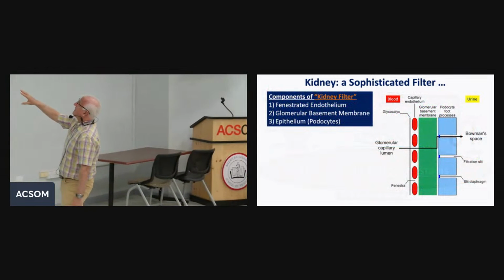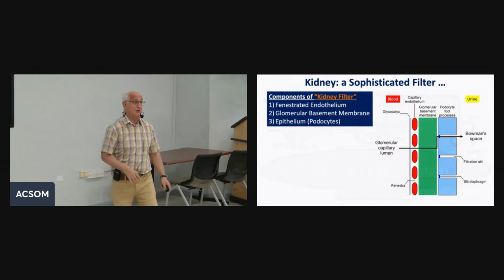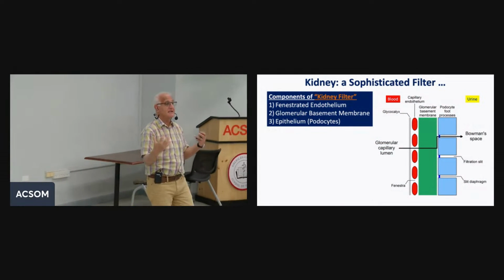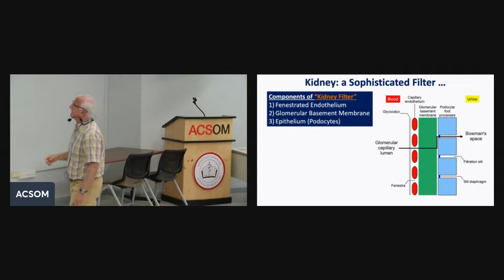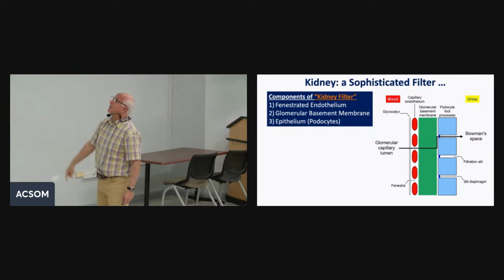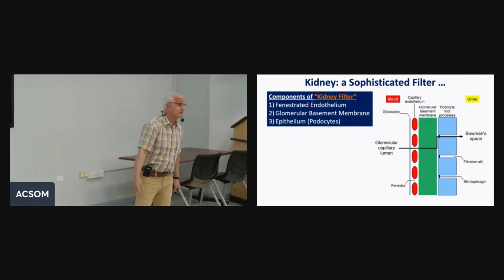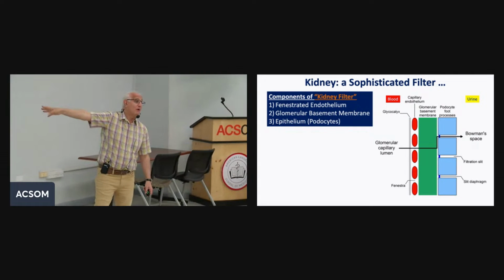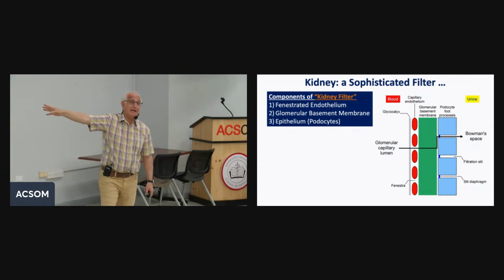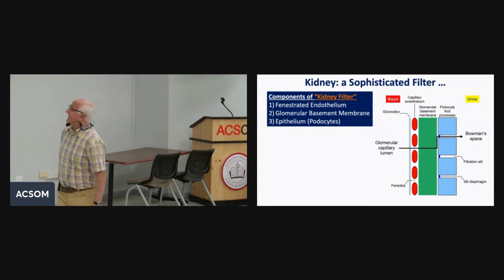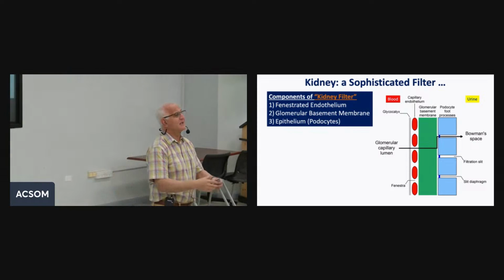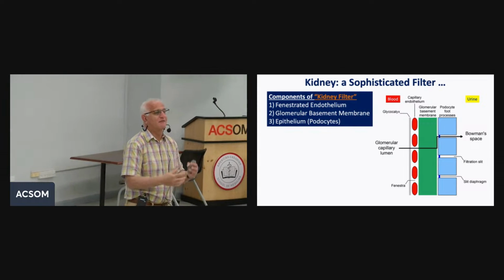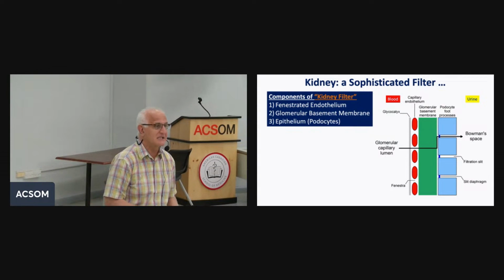Okay. Starting with the sophisticated filter that I told you about: the kidney is a sophisticated filter. It has three components that we need to memorize. Super important for the board and for clinical practice. Number one, fenestrated endothelium. It's an endothelium, but it is very different from the usual endothelium that you have elsewhere